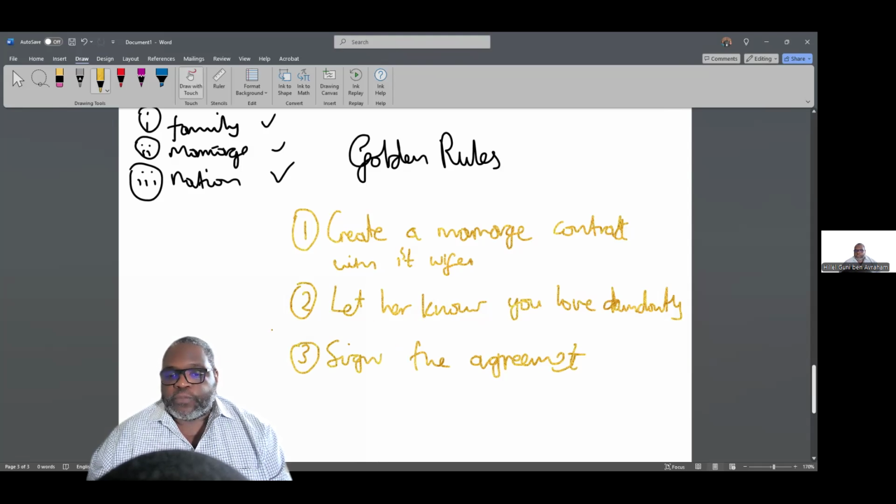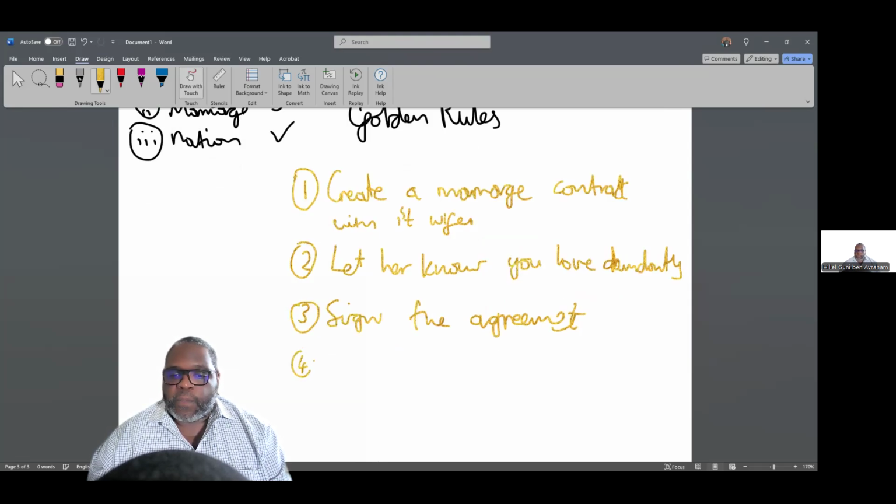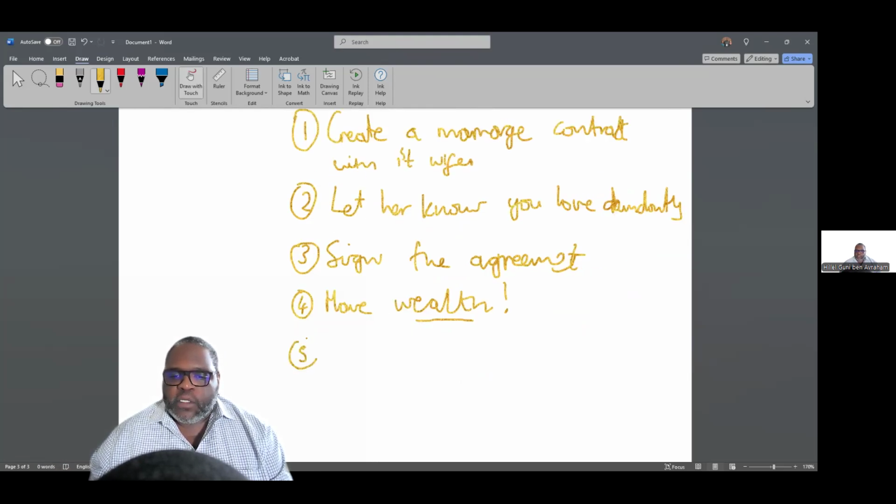These are the golden rules. Number four, have wealth. This is the difference between a mess up and a resounding success. If you want a family of many people, many wives around one man, many children born of this relationship is a tremendous holy blessing. But if you don't have wealth, you have a tremendous disaster and endless conflicts because you cannot satisfy the needs of your family. You cannot meet them. So have wealth